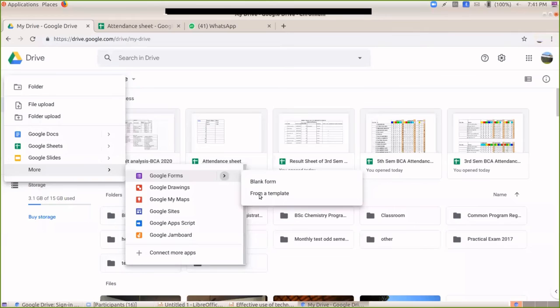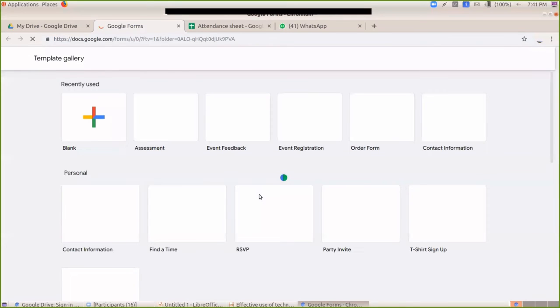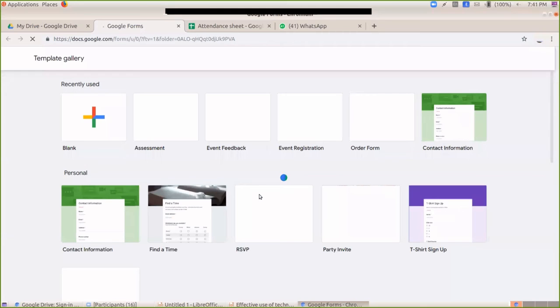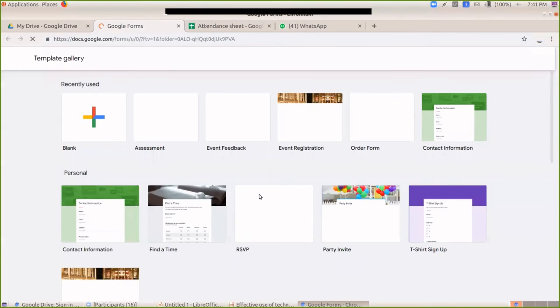When I select from template, you can see the available templates which are coming. There are assessment, event feedback, event registration, order form, contact information, etc. In this, I'm going to select one Google Form. Let's say contact information.